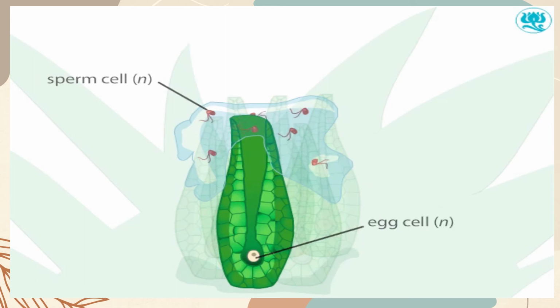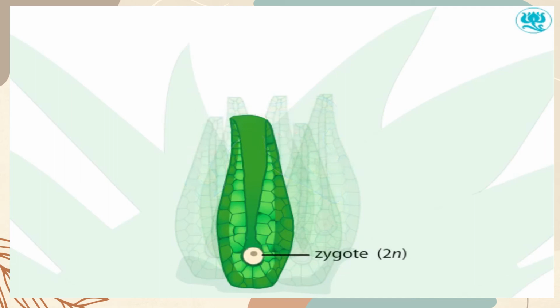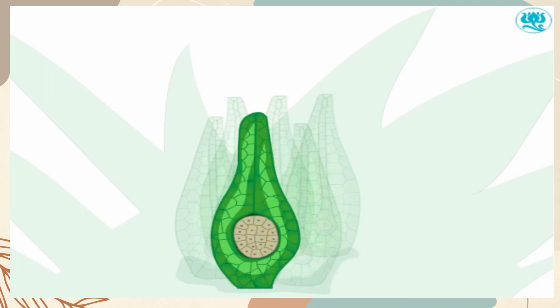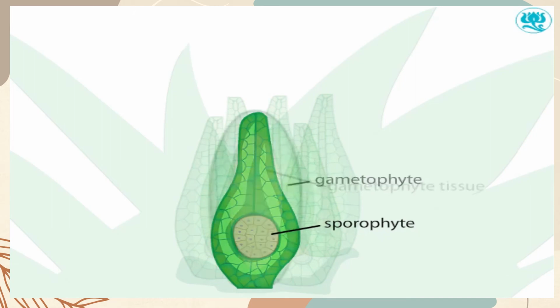Once in the vicinity of an egg, a sperm cell swims to the egg and fertilizes it by fusing with it. The fusion produces a diploid zygote, the first cell of the next generation, called the sporophyte generation. The zygote divides by mitosis and grows into a multicellular sporophyte. During the life of the sporophyte, it remains attached to the gametophyte and depends on the gametophyte for water and